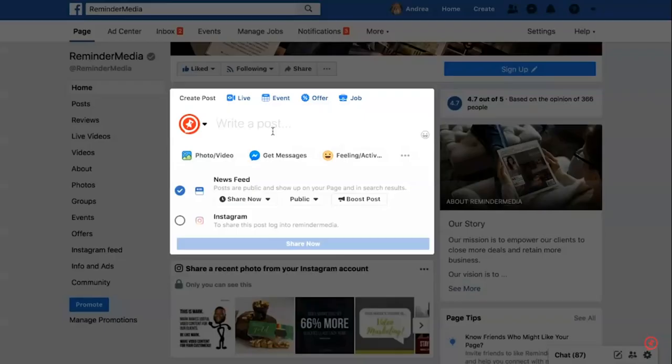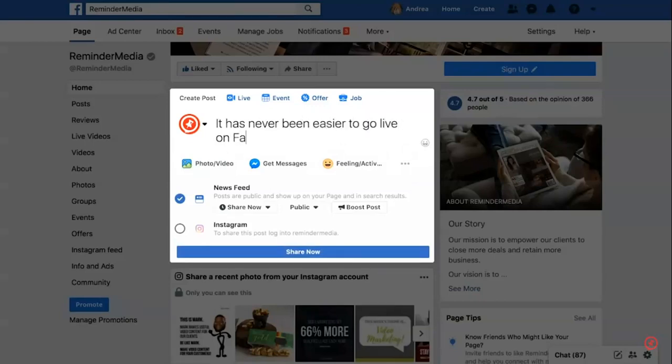It's the same one that you would put a blog post, an image, any type of update in. So for this, I'm going to say, it has never been easier to go live on Facebook. And your computer should have a built-in grammar spell check, but just double check those things to be on the safe side. And then once you have that update in there, you're going to click the button above that says